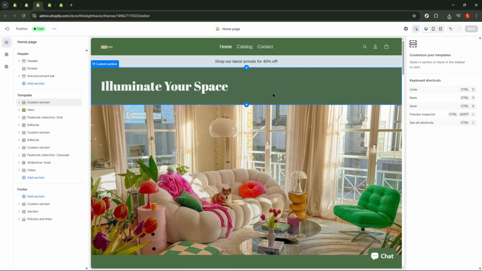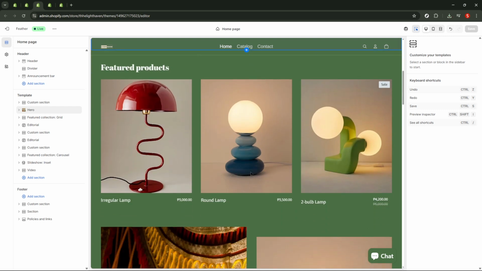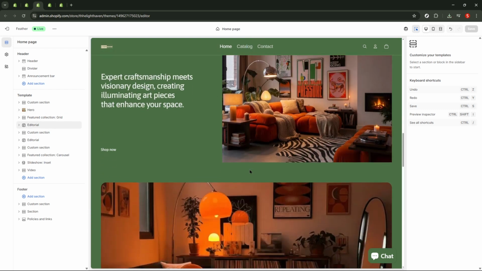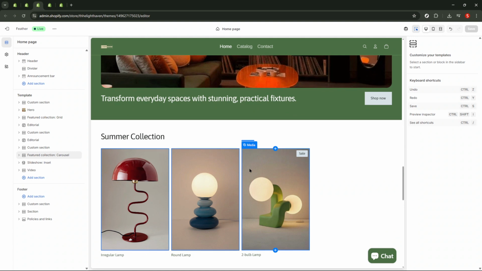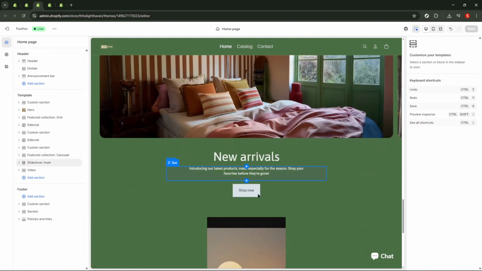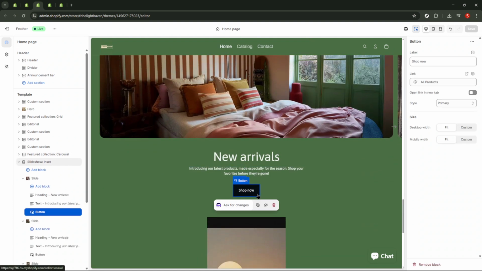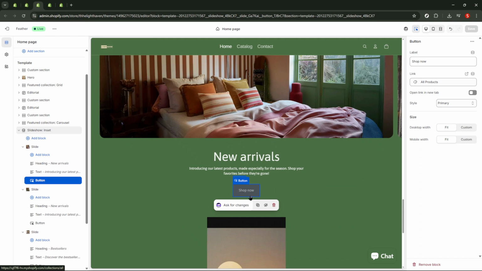In the preview, navigate to the page that contains the button you want to shrink. Click directly on that button in the preview, or select its section or block from the left panel. For example, it might be in a hero banner, a product section, or a call to action block. If you don't see it at first, use the page selector at the top of the editor to jump to